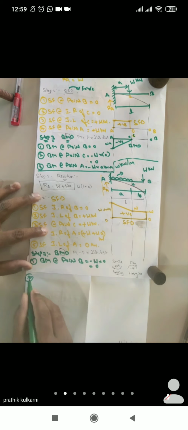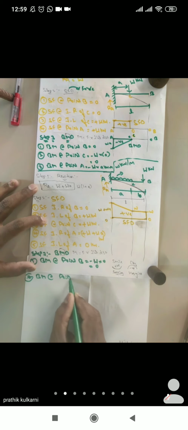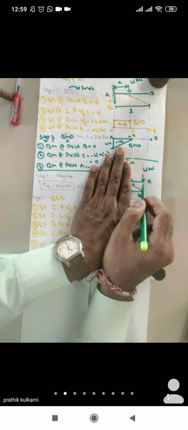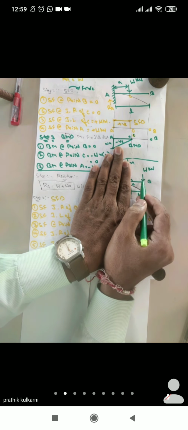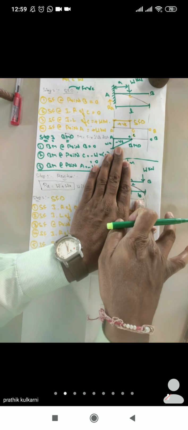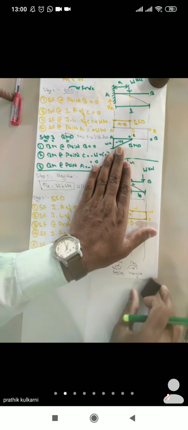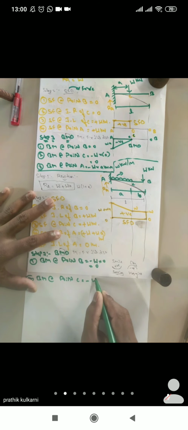Similarly, for the second point, the bending moment at point C. Now at point C, if you see on your right hand side, what are the forces you have to check, and you have to go with your perpendicular distance. Now this is my load which is available, W kilonewton, and the perpendicular distance is B. It is bending in a shape of hogging. This bends in this shape. So I can take it as minus, loading was W into the perpendicular distance was B. What is the unit? Kilonewton meter.